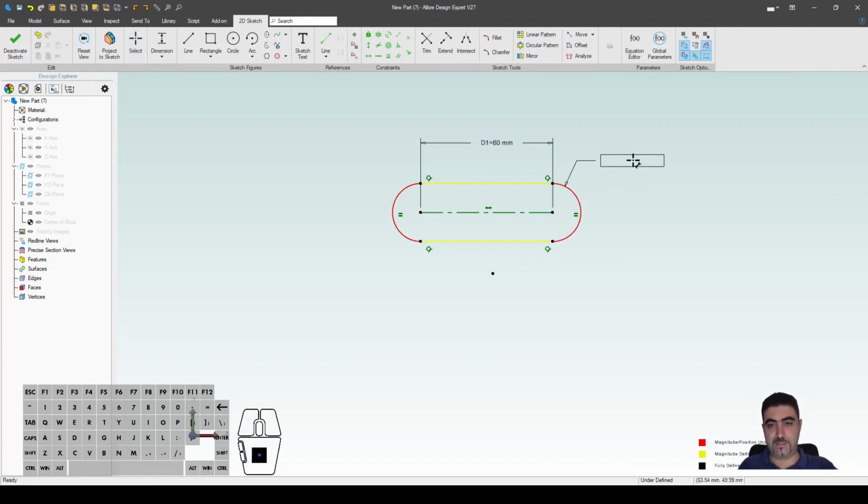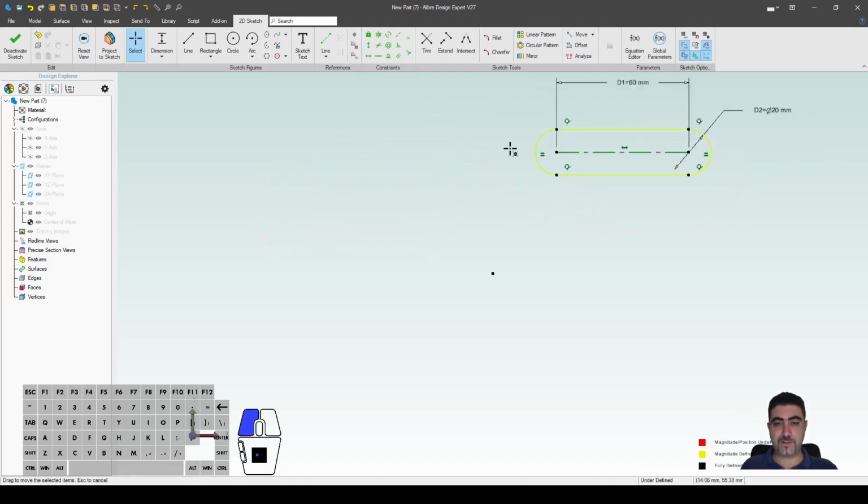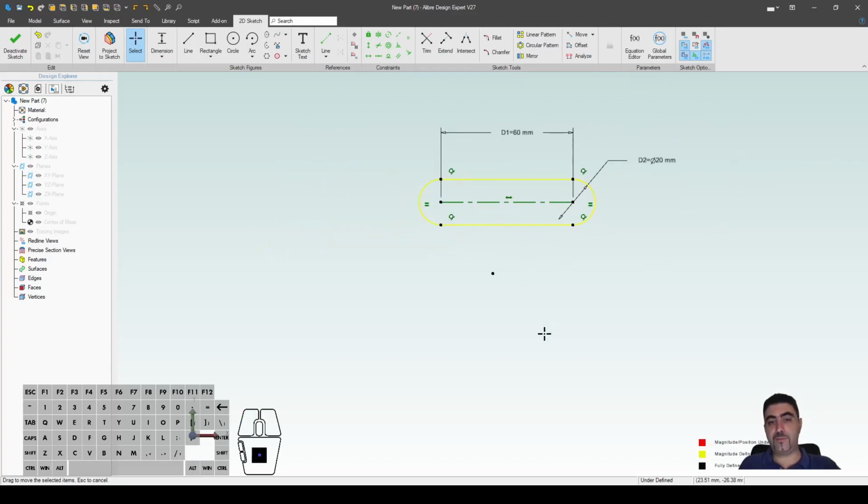Okay. I also need a radius here, which can also be a diameter if I want to, right? So if I want a radius, I just click on here, click somewhere, give it a value. Okay. If I wanted the diameter, I would click on this arc, hold shift, and as soon as I move my mouse, it'll give me a diameter. Let's say that I want a diameter now of 20 millimeters. And this slot is fully defined, right? And the only thing undefined here is the